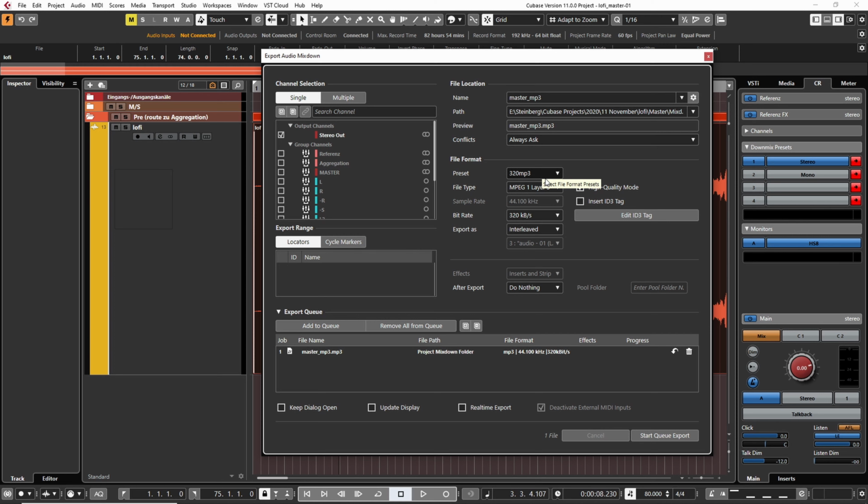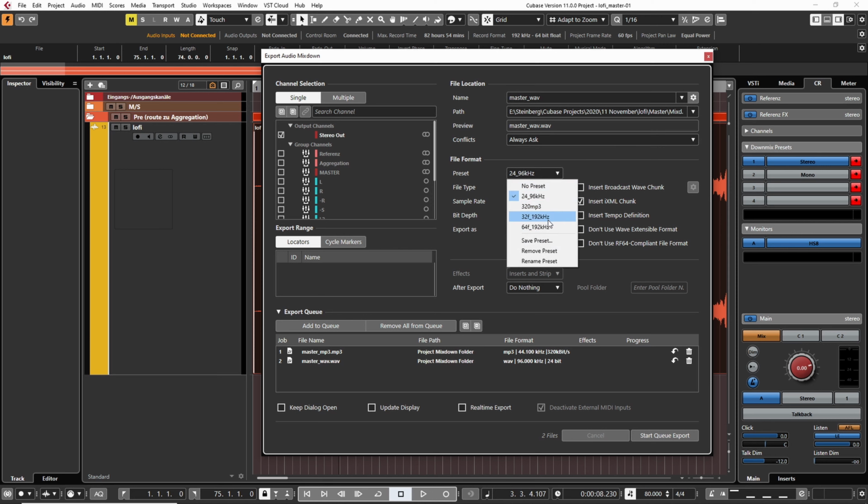One high quality version in 96 kilohertz, 24 bits, non-float, which is this one. I'm going to give this another name, namely just wave. Add to queue, and then we want to have another version, which is the very high quality version. I've talked about this earlier, and we call this wave, for example, with very high quality, and we add this to the queue as well. So we have 3 files, start queue export, and then we get all 3 files done in a